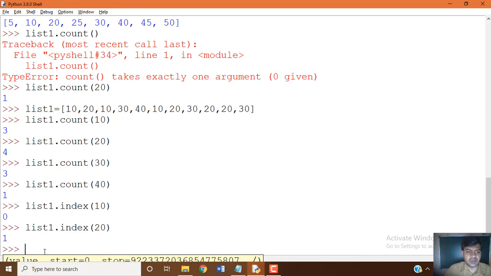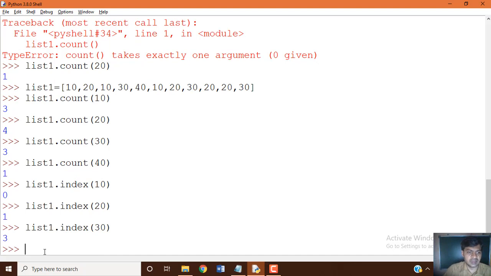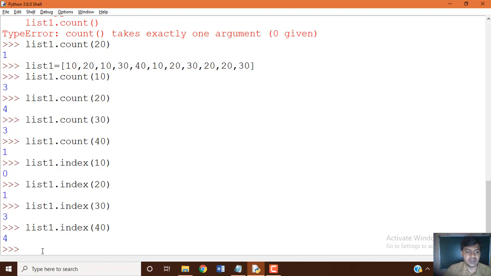Same manner 30: 0 1 2 3, the first occurrence of 30 is index 3. list1.index of 30 gives 3. For 40, which has only one occurrence, list1.index of 40 is index number 4.